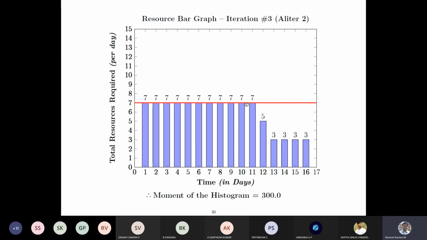The reason is that this is leveled, whereas in this case, this is under allocated. So there is some room or some resources you can borrow from these, so that this gets leveled. And you don't have to extremize the no manpower from day 1 to day 11, but instead you can make use of that in the later period when only limited resources are required. But even then, it can have 7 resources to finish the job.